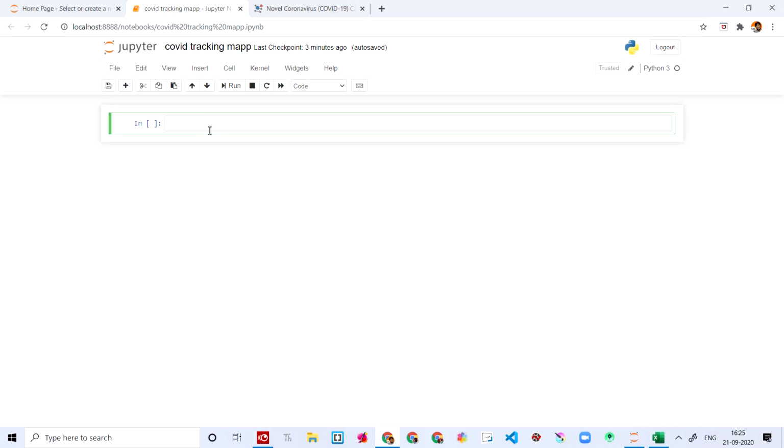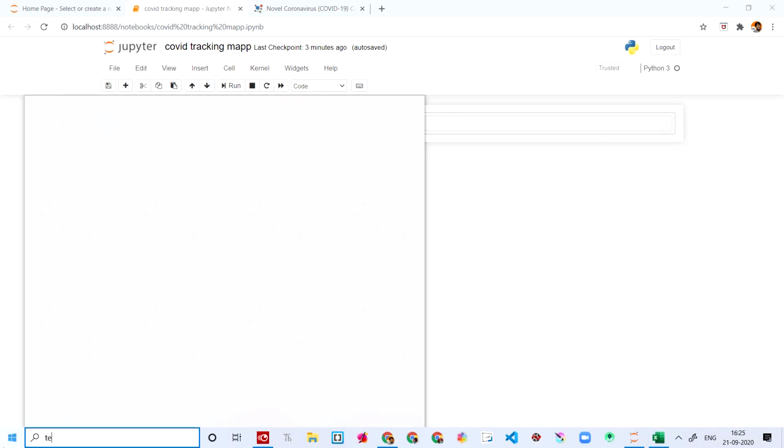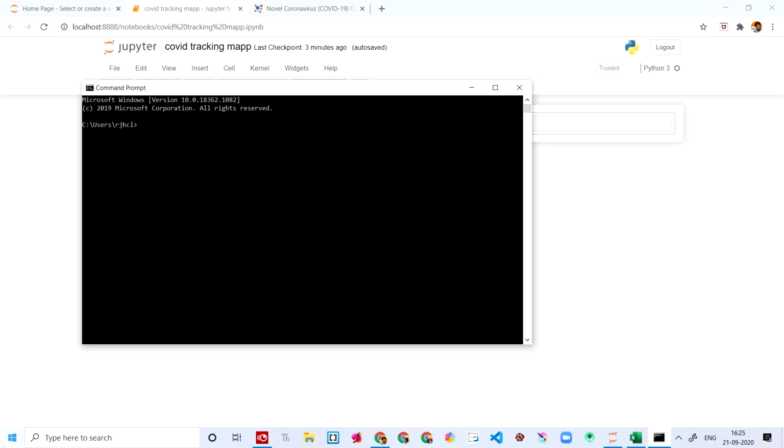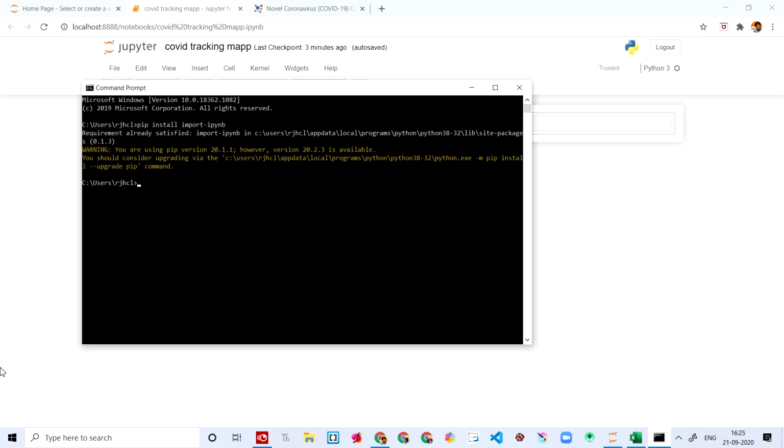Before this, remember this is also important. Let's open the terminal and say pip install import-ipynb, hit enter, and then you're not going to get any error.